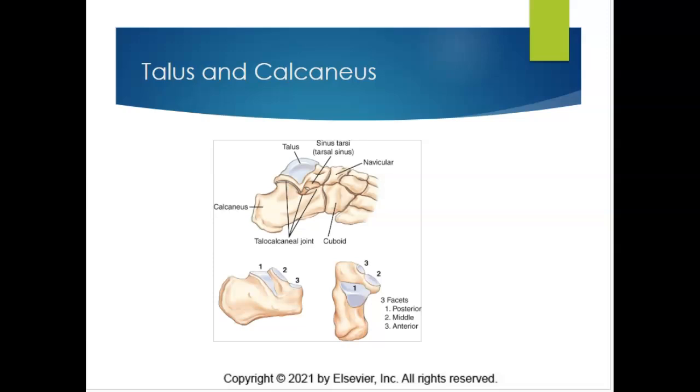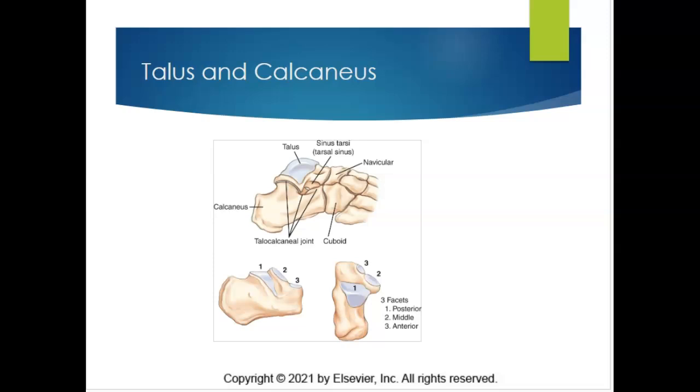Looking at the talus, it is going to be the second largest tarsal bone. It's located between the lower leg and the calcaneus. The weight of the body is transmitted by this bone throughout the important ankle and talocalcaneal joint. That talocalcaneal joint is going to be pretty much in between the talus and the